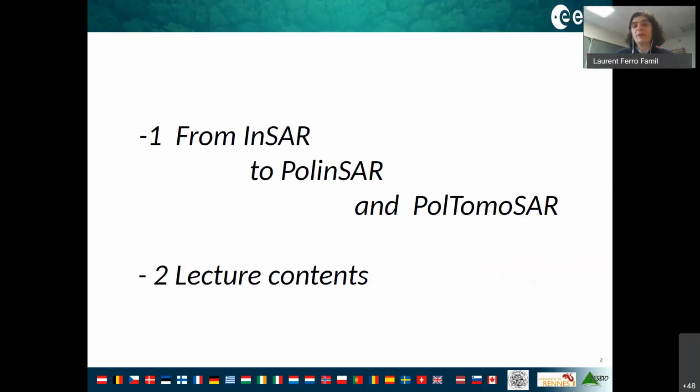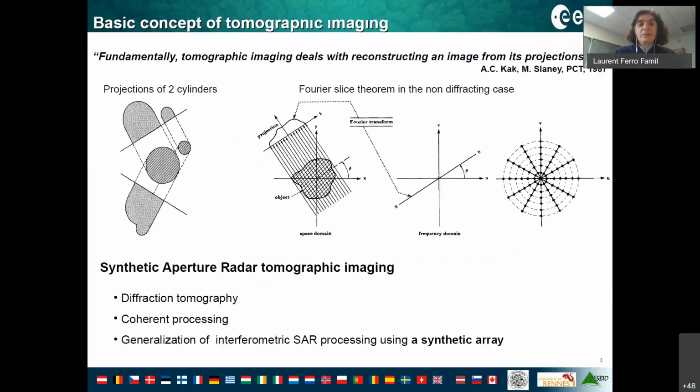To do this, we will use the well-recognized random volume over ground model. That makes a perfect link between these two ways of processing data. And at the end, I will give you the structure of the processing. So when you look for